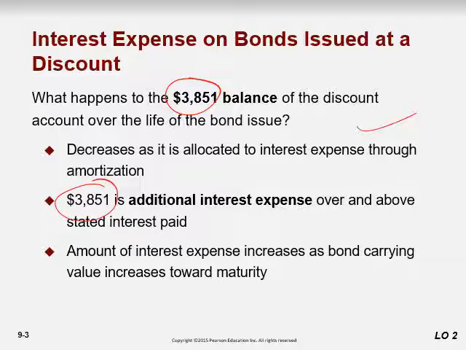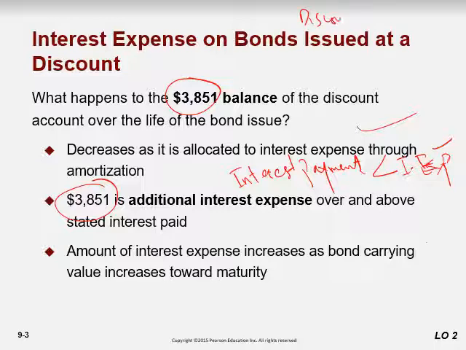is the additional expense of the interest over and above the stated period, which means the interest payments which are based on coupon rate would be less than interest expenses, right? Our interest expense is going to be higher, and there is a logic behind that, because you issued the bond at discount, because the nature of the discount is capital expense,